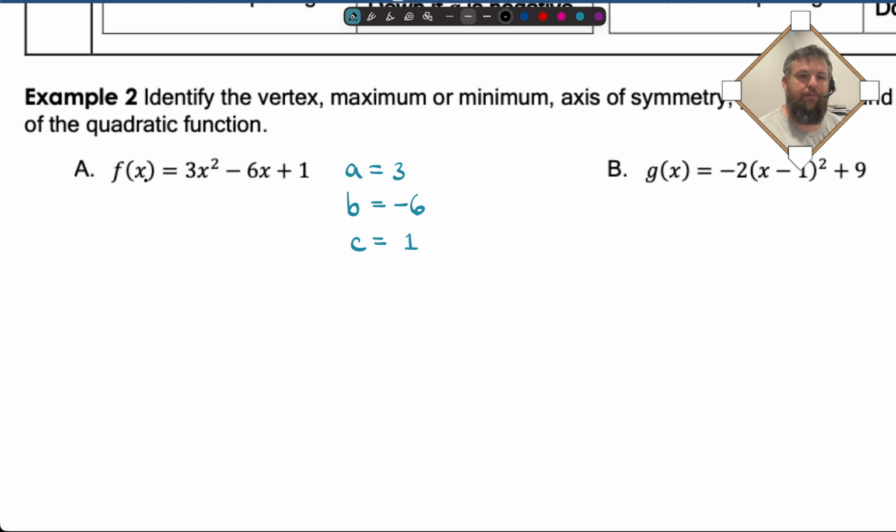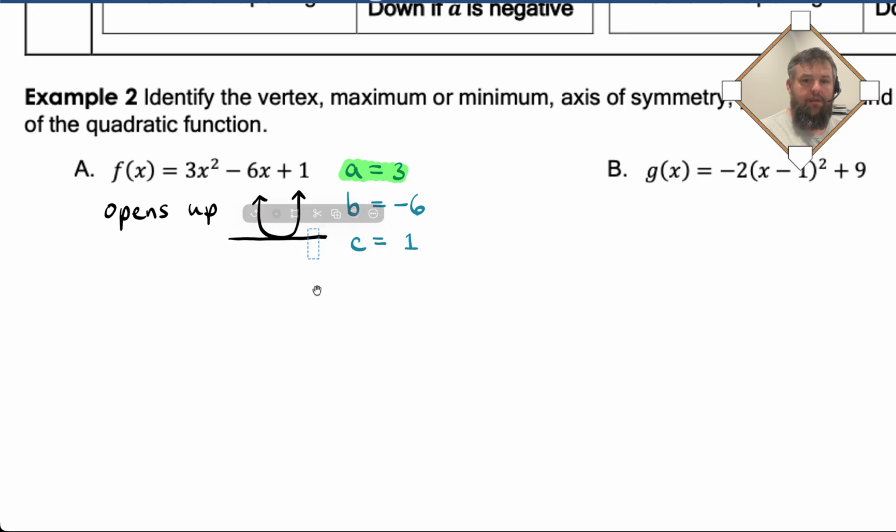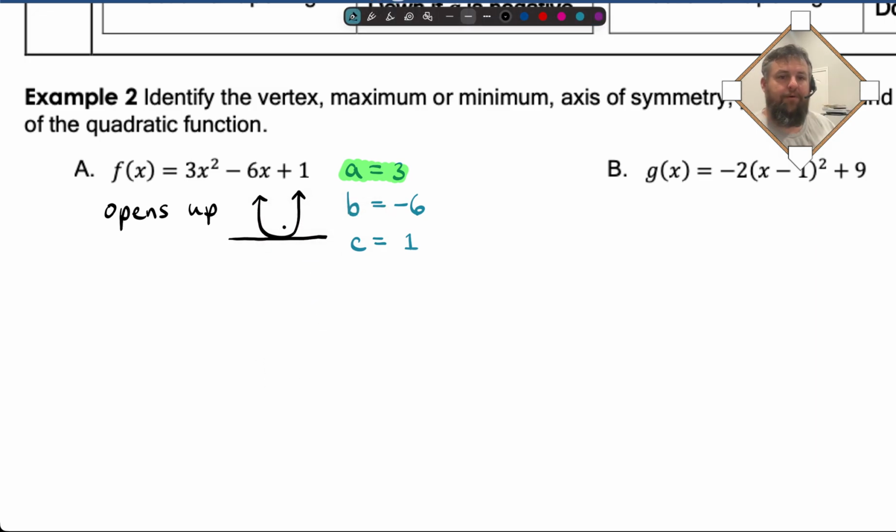Now, the direction of opening is directly based off of the A value. So I'm looking right there at the A value. If it's positive, then it's opening up. If it's negative, it's opening down. Since it's positive 3, that means this is opening up. If you think about the graph, it's like this, right? And so the lowest it's going to go is what we call the minimum. So I know right now it has a minimum,